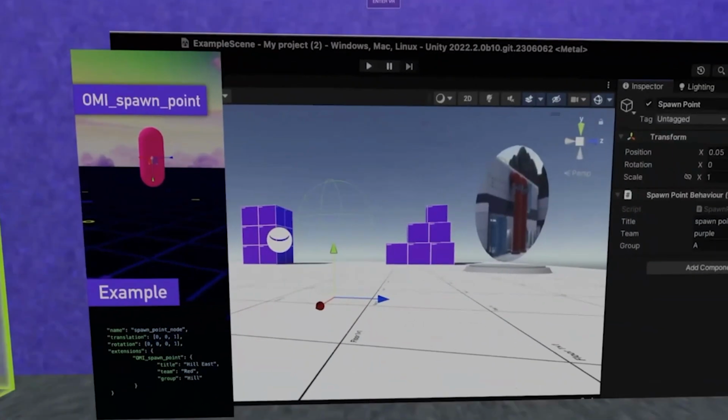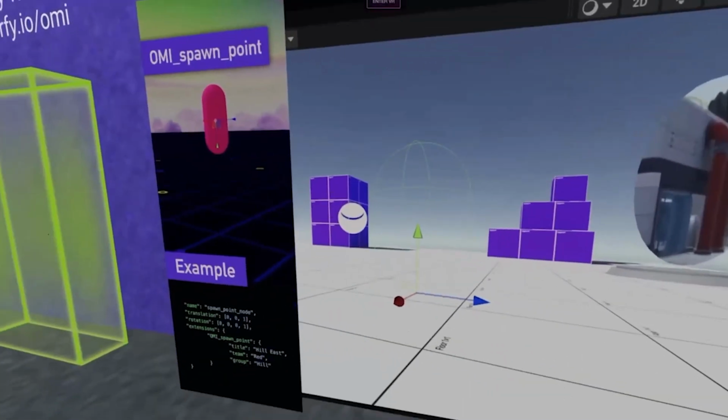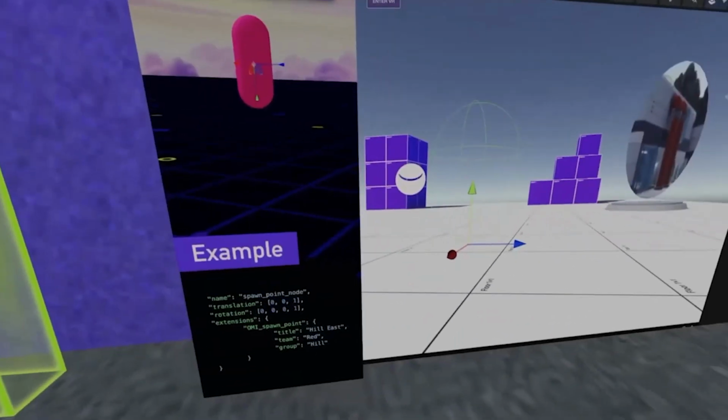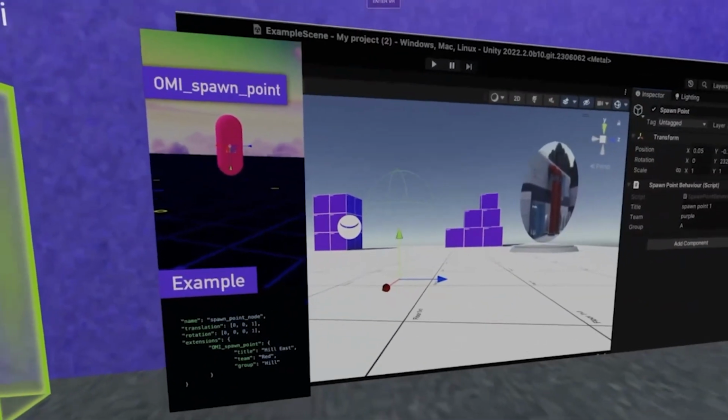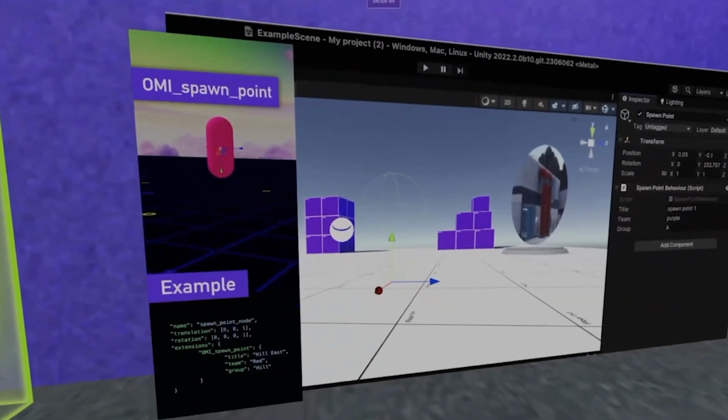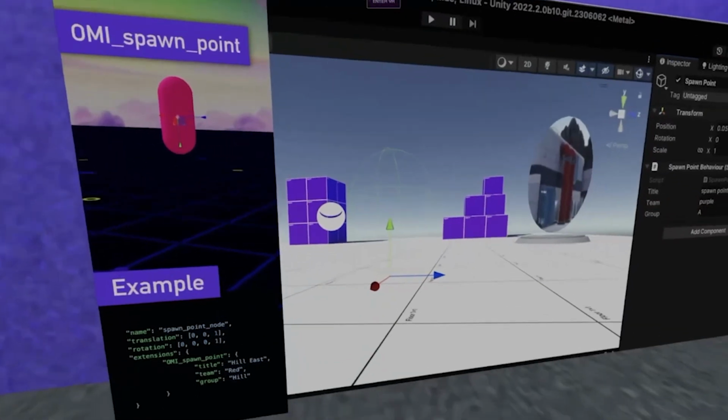So the other one that we have here is the spawn point. Spawn point has a few properties. You can give it a title, a team, a group. And that data can represent the different applications of a spawn point. When I initially was working on this one, I drafted an initial proposal where I think it only had the title. It was like, let's just put the spawn point on something and give it a title, and that's good enough to create